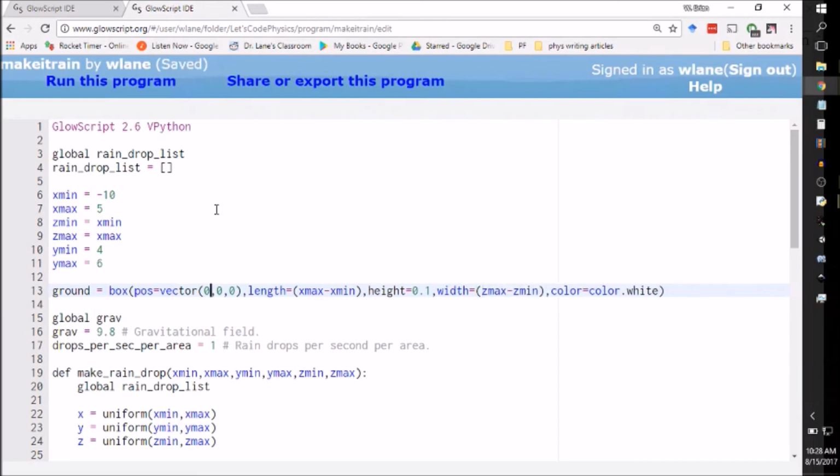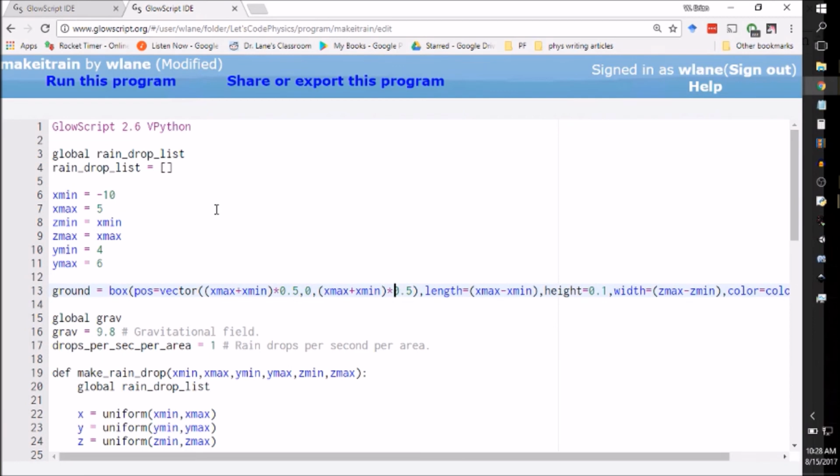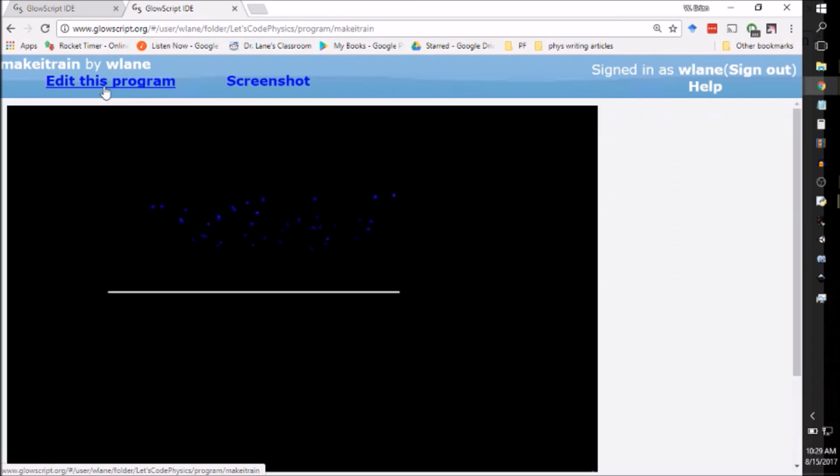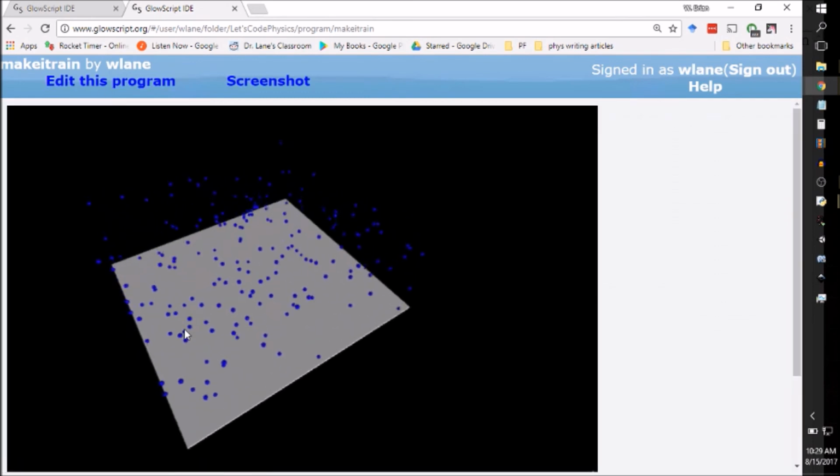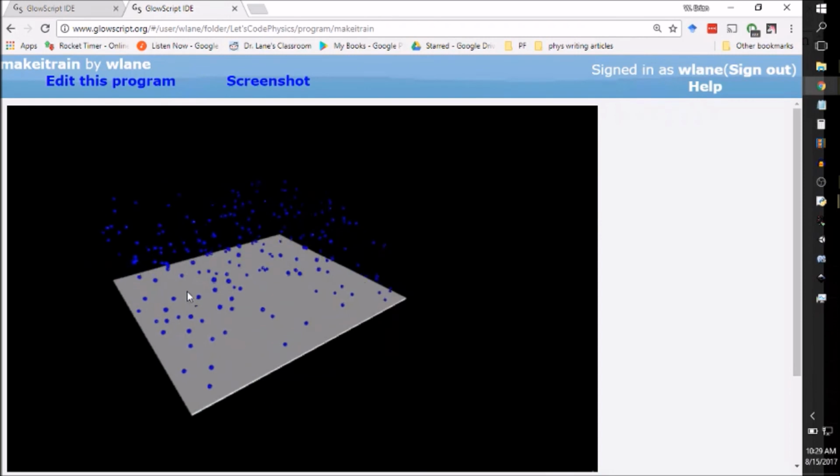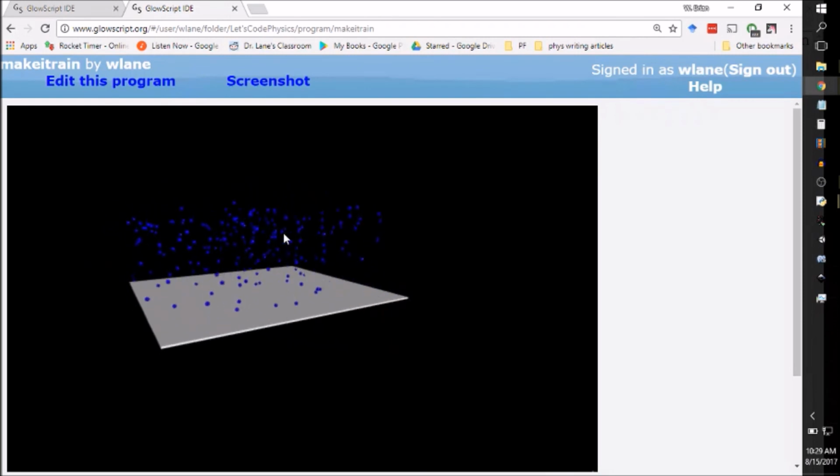And what I need to do to get this positioned is have the average of xmax and xmin, times 0.5. There we go. And this just gets it centered right where those things are. And the same for zmax and zmin. Run the program. Beautiful. And now no matter what I change xmax and xmin to, the rainfall will adjust and